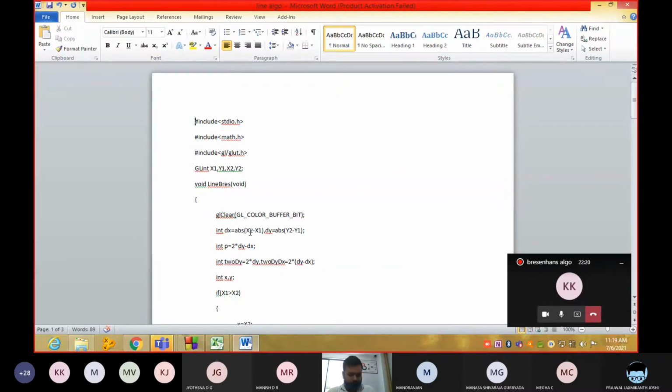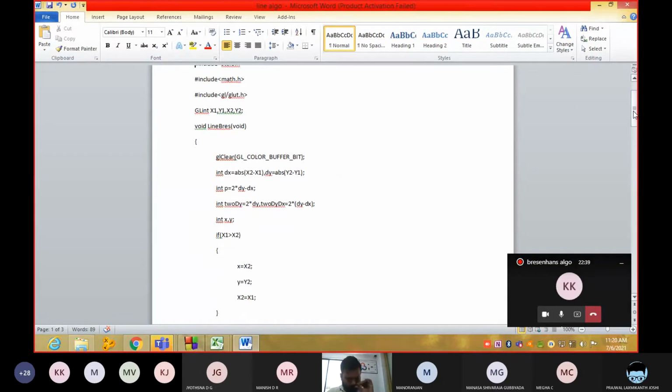First, what you are supposed to find is the difference between x2 minus x1. And next you are supposed to find 2 into delta y minus delta x. So if the first point x1 is greater than x2, the second point, these cases we have seen, right?